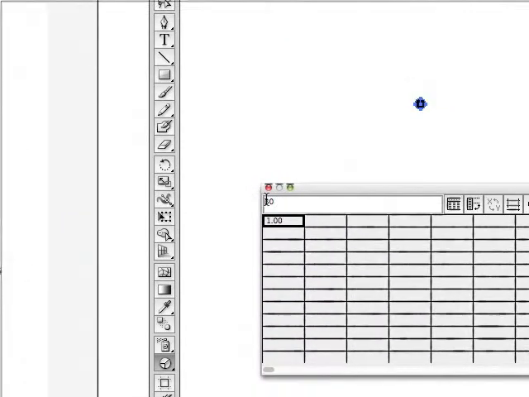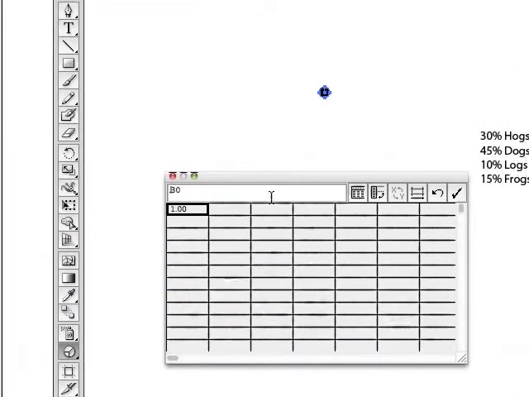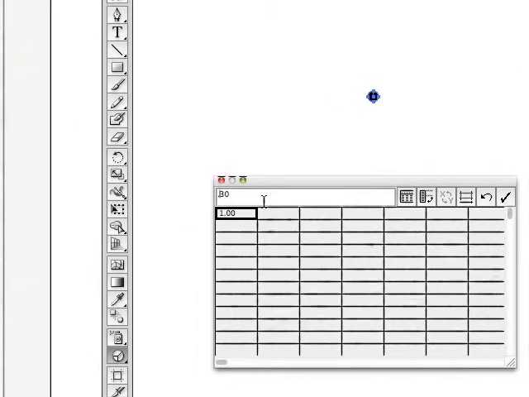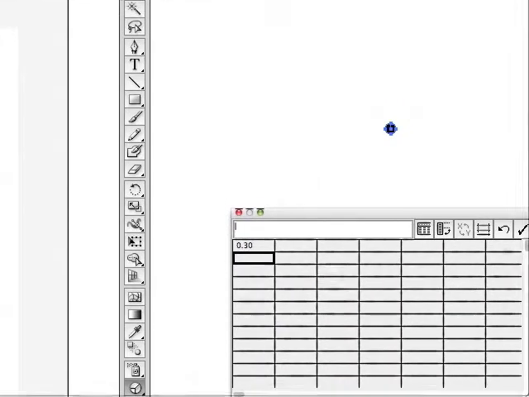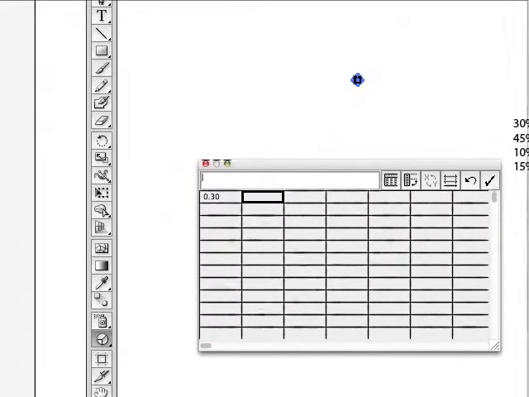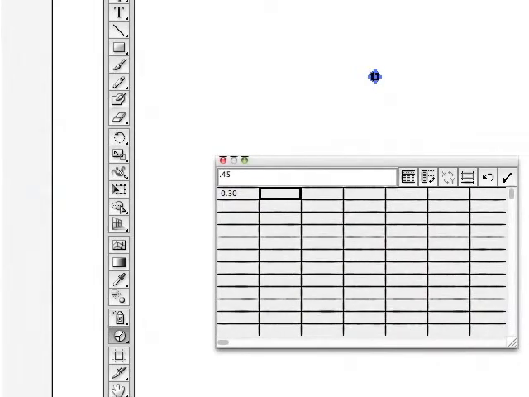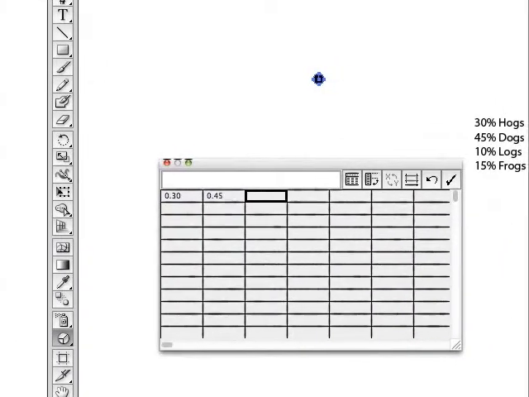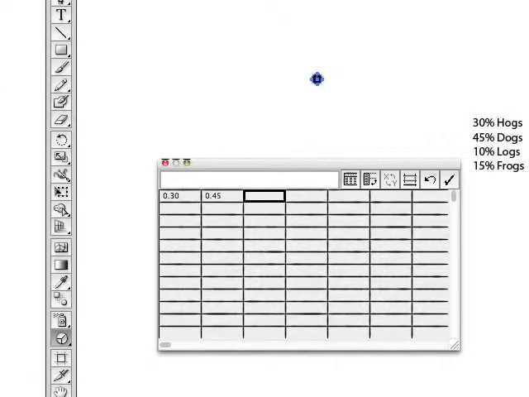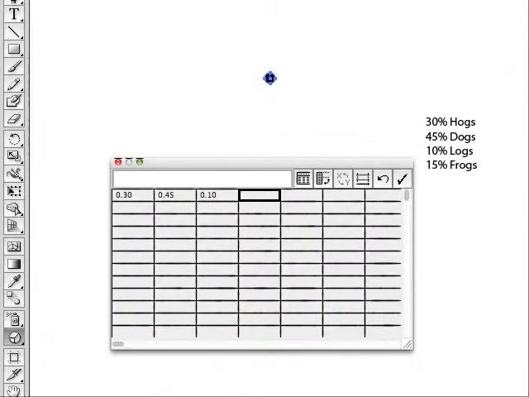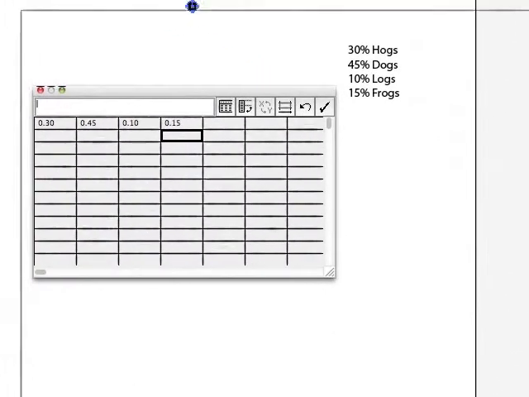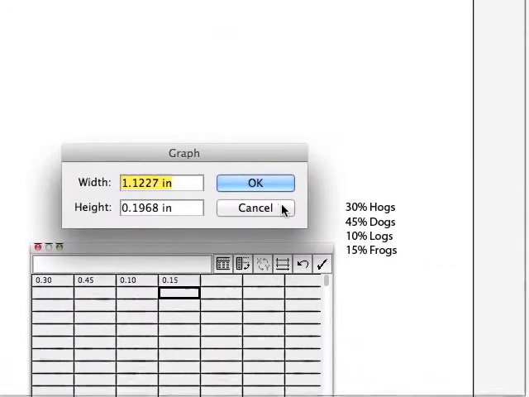You can put a decimal in front of it, and then we'll hit return, and then we'll click on the next area to the right of that, and we'll type in 0.45 and hit return, and then click on the next area, and it would be 0.10 and hit return, and the next area would be 0.15 and return, and we have our chart. Now let's say OK,